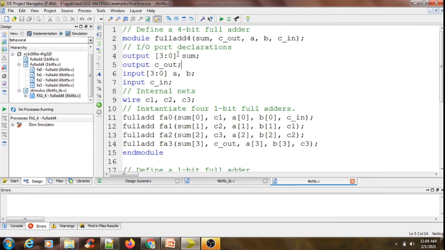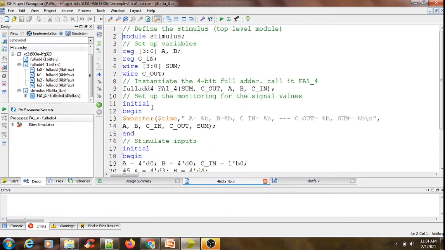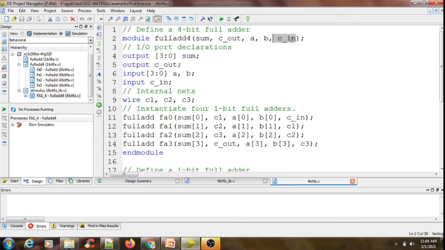Only a single copy has to be instantiated in the test bench, and the instance name I have given here is FA1_4. The signal list should match the port list given during port declarations: outputs followed by inputs.